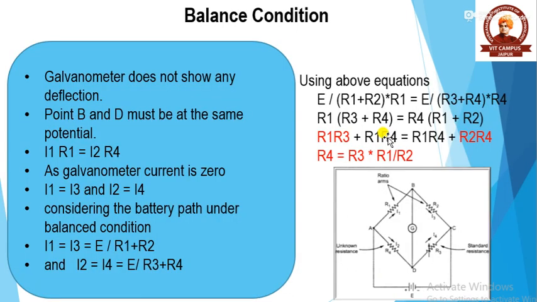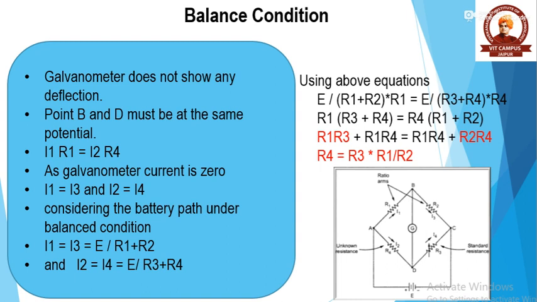This is the balance condition for a basic Wheatstone bridge. The galvanometer does not show any deflection. If the potentials at points B and D are the same, then the galvanometer shows zero deflection. From the circuit, we can easily write I1R1 is equal to I2R4. As galvanometer current is zero, we can say I1 is equal to I3 and I2 is equal to